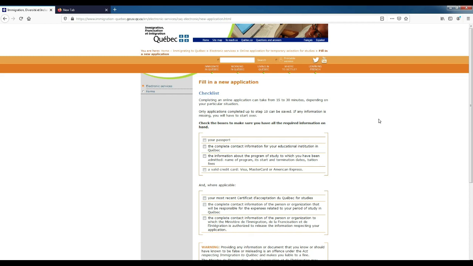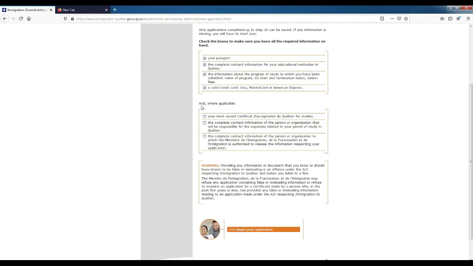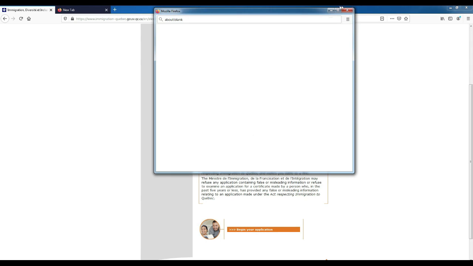Details are mentioned over here, you can go through, and this is a checklist in which you have to select the first four options. These are mandatory. In the second part you can see that there are other options as well, but this is only for those who are applying for CAQ again, or applying for CAQ from being in Quebec itself. There are different types, but as of now, as you are applying from India, you don't have to select any of these and you can go to start your application. This will open a new tab.